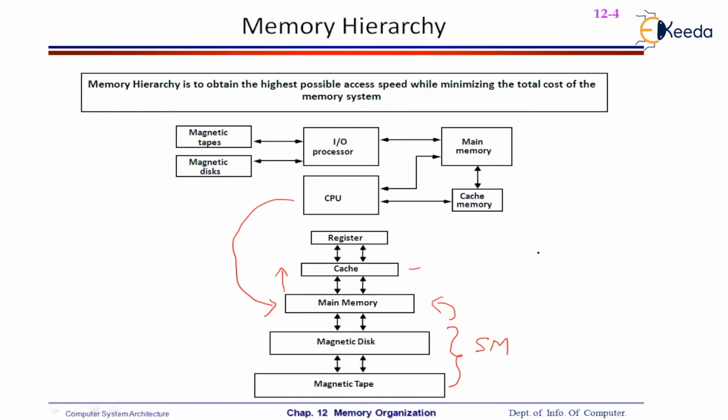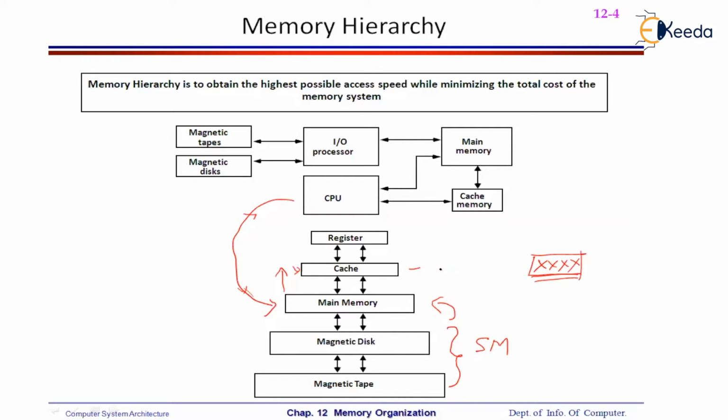For example, the CPU is searching for a word, let us say some XXXX. This is one instruction, and the CPU is searching for this instruction. Initially, the cache will be searched, but the cache memory is not going to produce the required instruction, because initially it doesn't have any data. So the CPU directly gets the data from the main memory. During this process, the CPU reads the data directly from the main memory. But meanwhile, the instruction that is accessed currently may also be accessed in the near future.